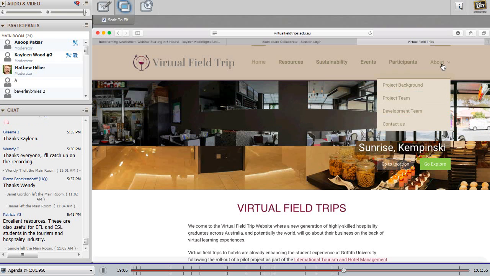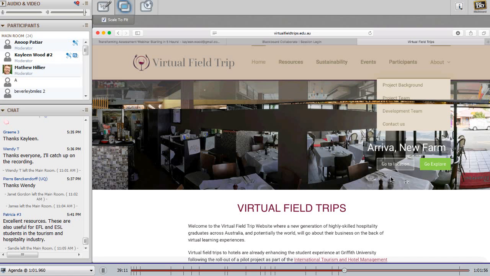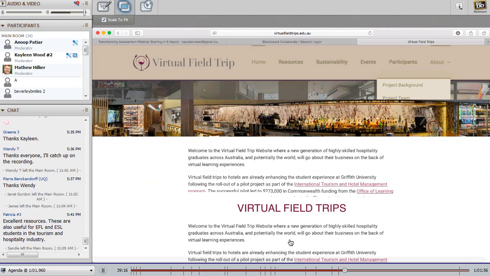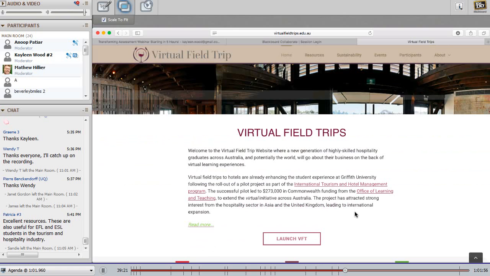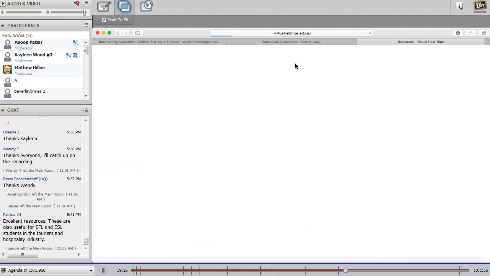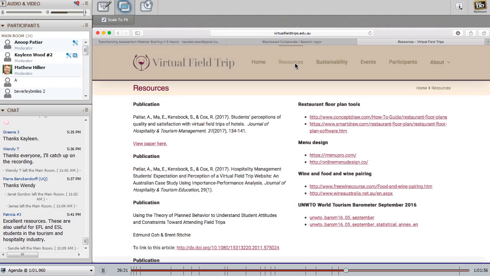Can I just interject? There was something about how people contact us. On the About tab there that should have come up, there's the Contact Us section, and we are working on having an instructor-only section in the resource so that your students can see different things, and you as instructors would have access to some of the tools and resources that our team are already using. So that's my little plug. But then going to launch the virtual field trip.